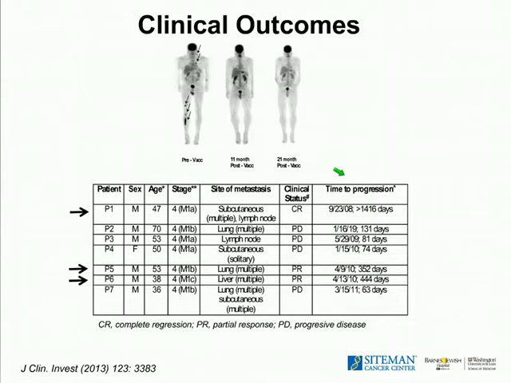So the clinical outcome of the study, and I'm showing you at the top radiological results from the first patient. The patient is indicated here as P1. This patient had multiple lesions when started being treated with the vaccine, and had a complete response, and this patient remains in remission 5 years after being out of treatment.